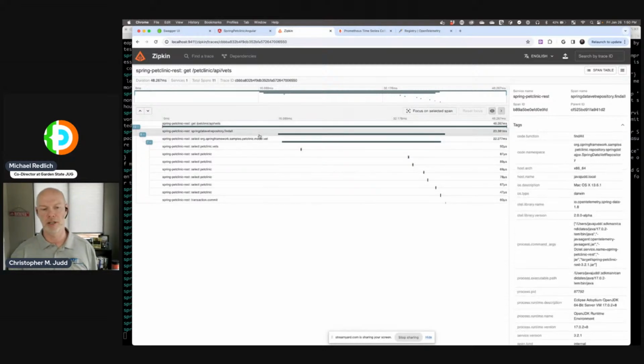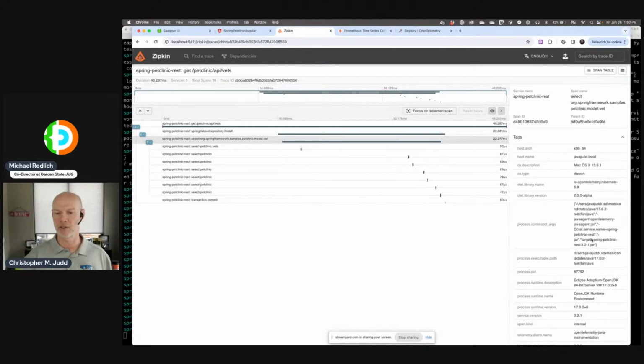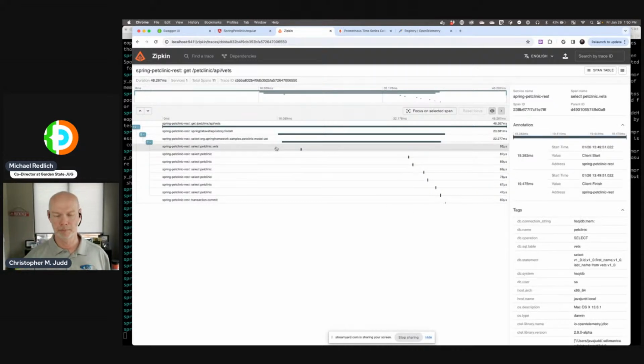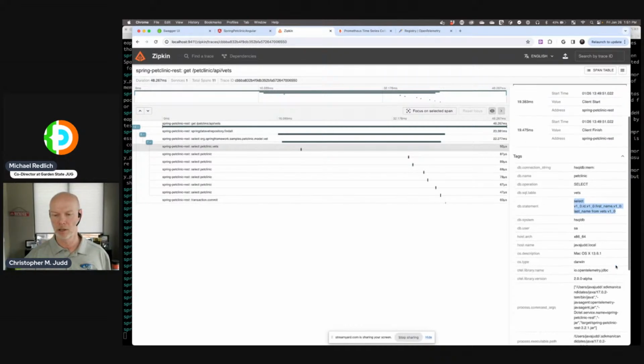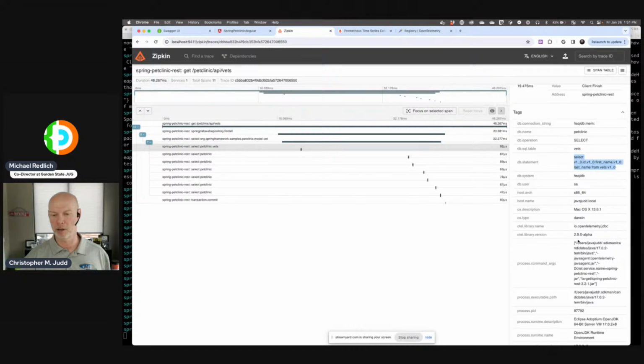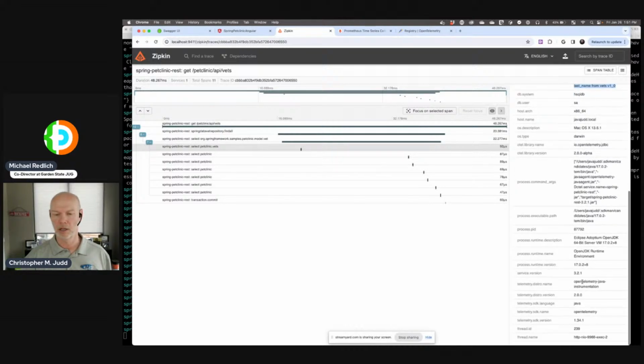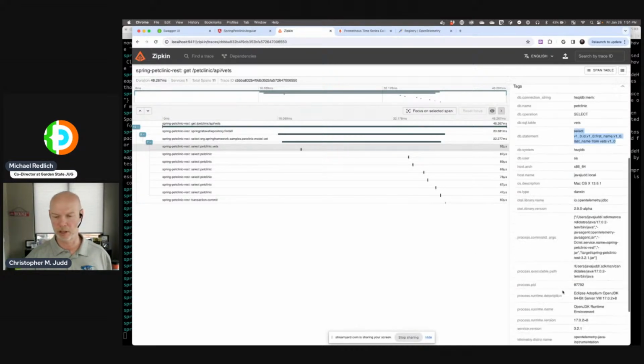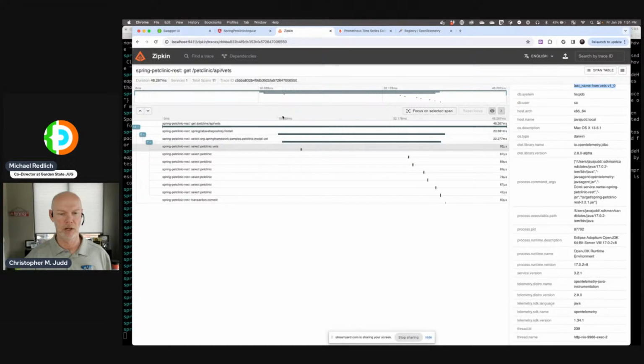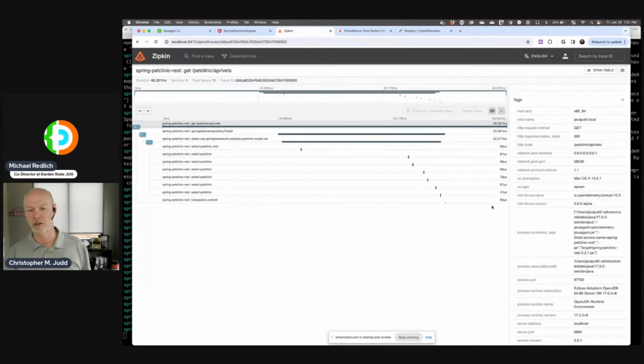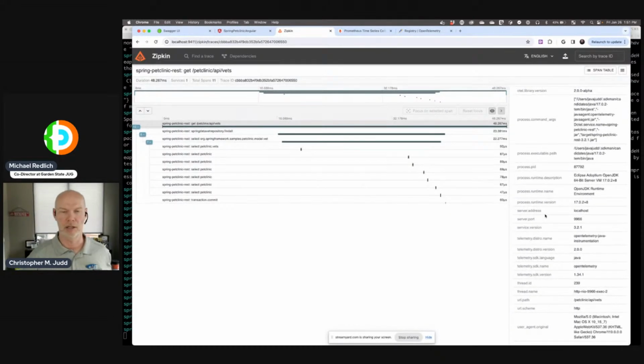And as I click on any one of these, we can see on the right-hand side the attributes that were collected at each layer in that span. So we can see the database, what the SQL statement was. We can see information about our operating system. We can see the HTTP reference. We can see the thread that was involved. So there's a lot of detail it's collecting for us that we can utilize to resolve any issues that we